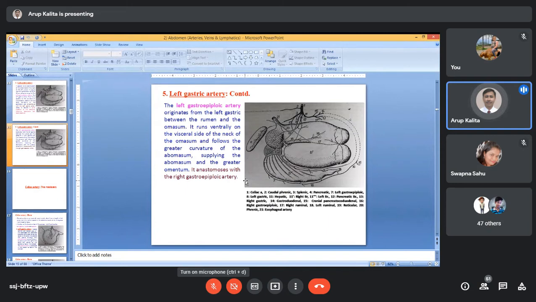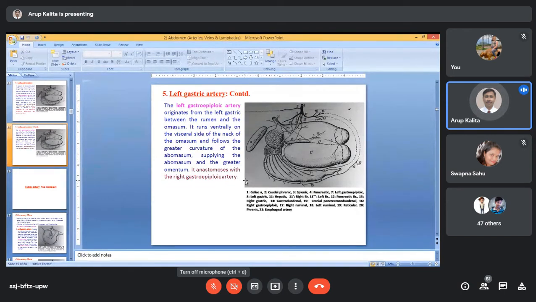Before giving the 5 main branches, it will give 2 small branches. One branch will supply the diaphragm, known as the caudal phrenic, and another branch will supply the adrenal gland, known as the cranial adrenal arteries. Now the 5 main branches of the celiac artery are: number 1 is hepatic,